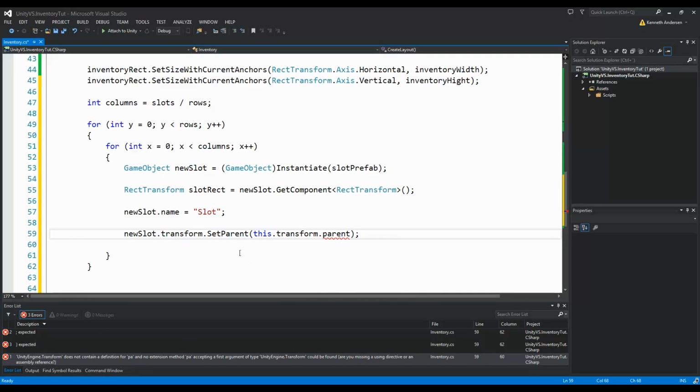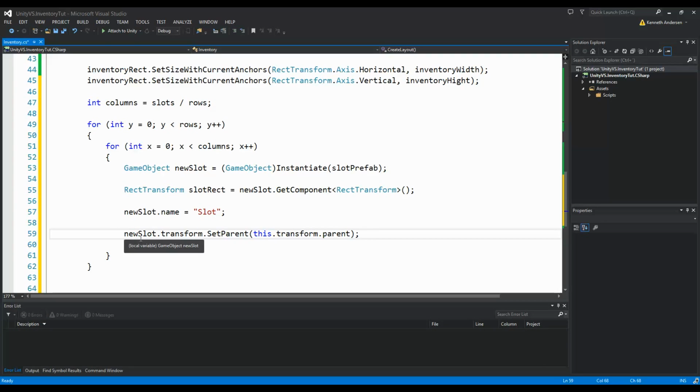Yes. So what I've done now is that when I instantiate a slot, I say that the slot's parent is going to be the inventory's parent, and the inventory's parent is the canvas. So this slot is automatically a child of the canvas object. Okay. So when we have instantiated somewhere in our game world and put the parent, then we need to set